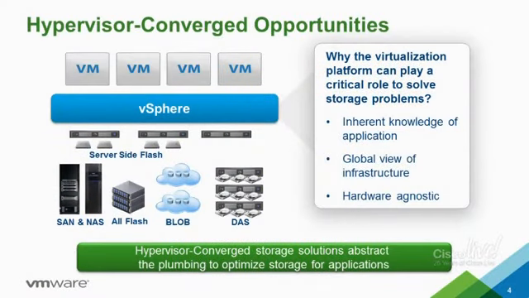The way VMware approaches some of these challenges is through our hypervisor converged storage, a critical component of our software-defined storage, which I'll cover in a second as well. It's possible because the hypervisor, ESX, is uniquely positioned in the stack. It's the first piece of software between the infrastructure and the application, so all the I/O from your application passes through the hypervisor to your underlying storage. And through our integrations with the underlying storage, whether it's external SAN or NAS, hypervisor local storage with vSAN, or even cloud-based storage, and all the API integrations we've done with our ecosystem partners, ESX also has a global infrastructure-level view. So it can look up to the application and look down towards the infrastructure, and it's uniquely positioned to